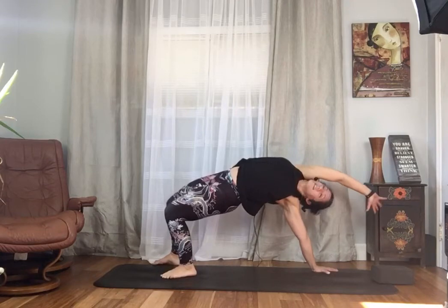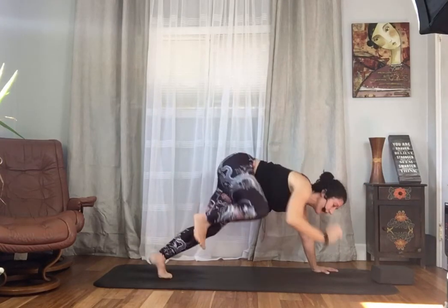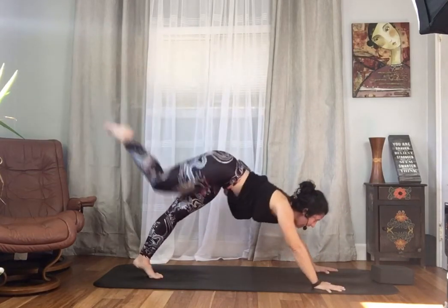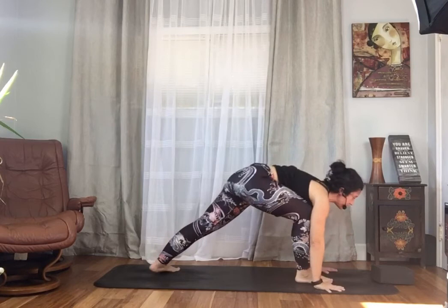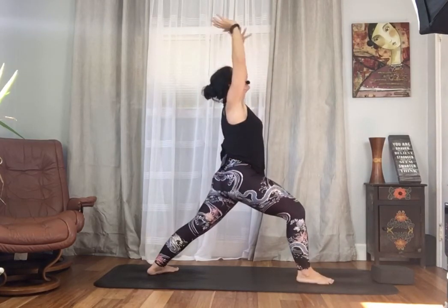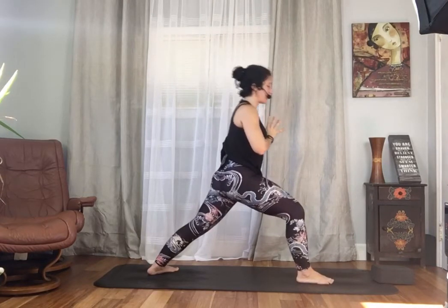Hold it here. Now, before we flip back over, bring that right knee to your right elbow, then flip it back. Shoot that right leg back up into the air, and then it comes forward into your warrior one. It's like a little bit of abs extra credit. Inhaling, your hands are at your heart center. Think to yourself, I can do this as we kick off